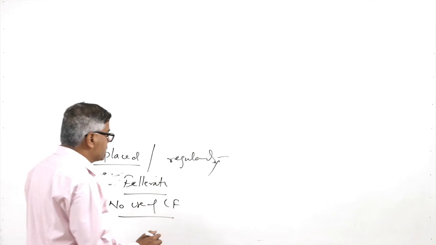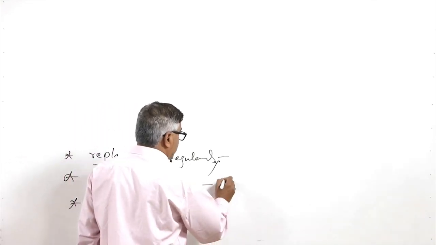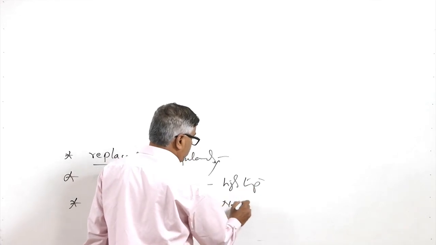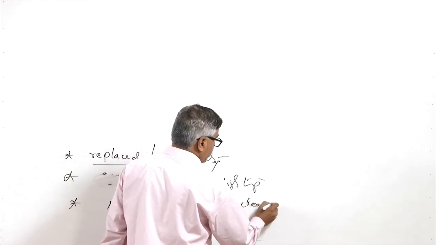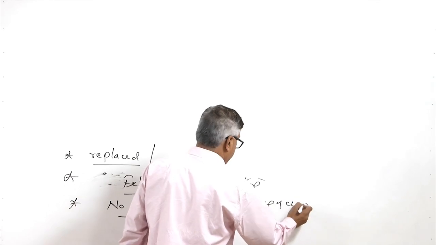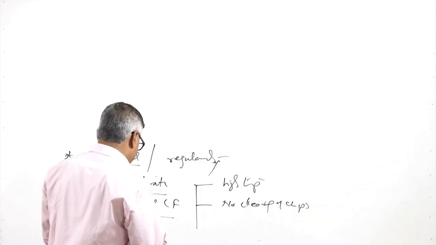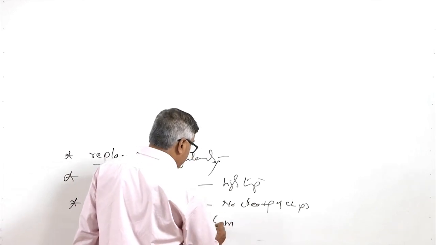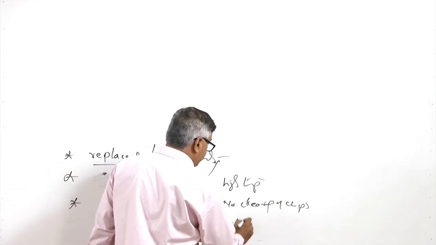And if we do not use it, then there are various possibilities like high temperature and no clearing of the chips. So, that can be a problem, but it is possible with free machining